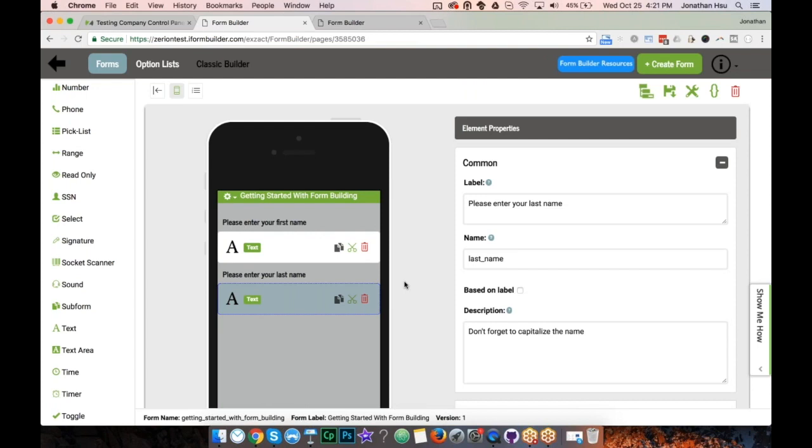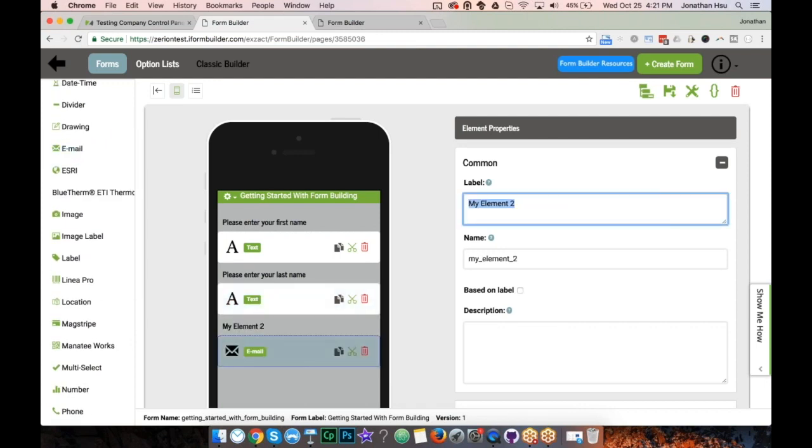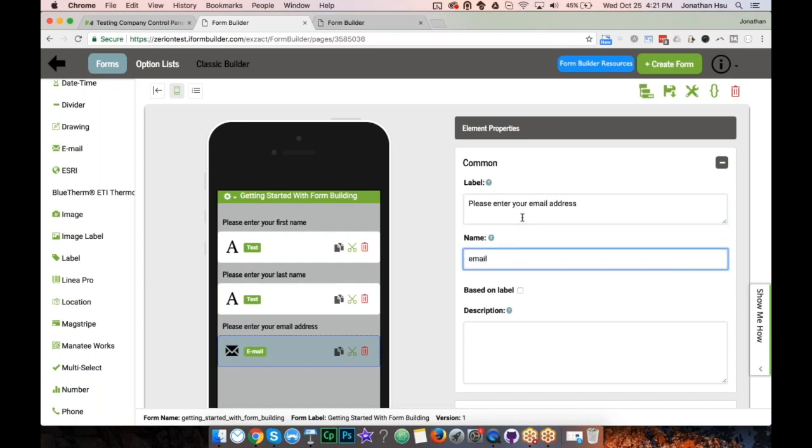Now, what I want to do next is go through here and add another element. So let's talk about adding an email element. So I'm going to scroll up here to email. I'm going to click on email. And again, I'm going to set the label as well as the data column name to be different. So I'm going to say here, please enter your email address. I'm going to type in email. Now, as I try to save this,